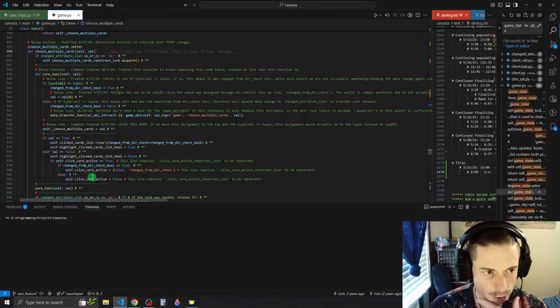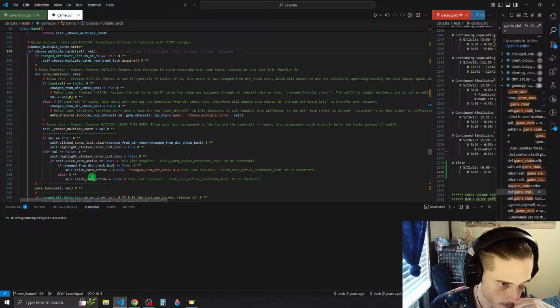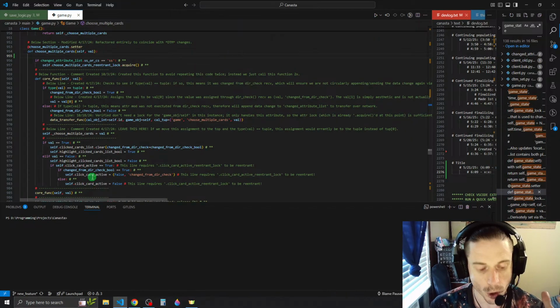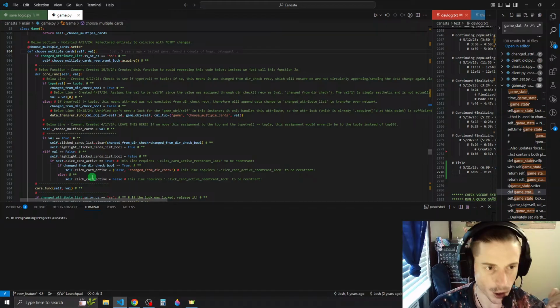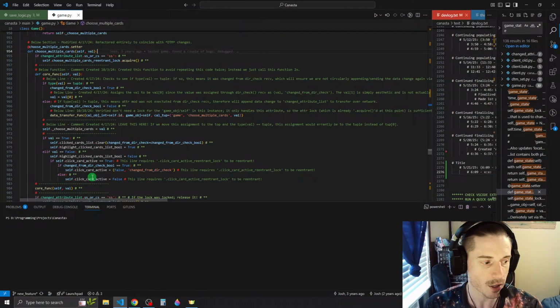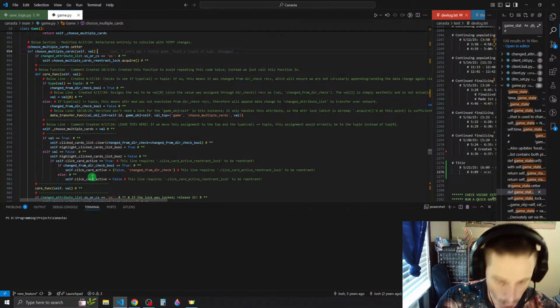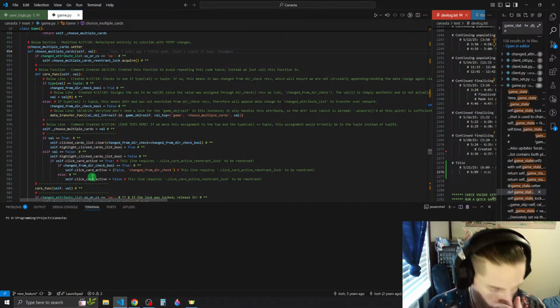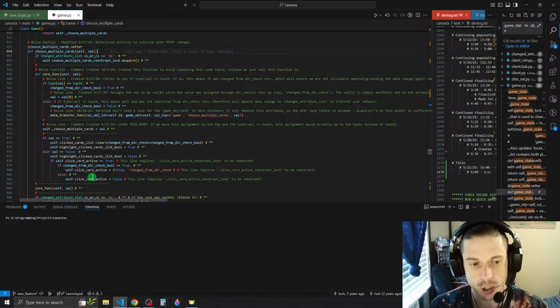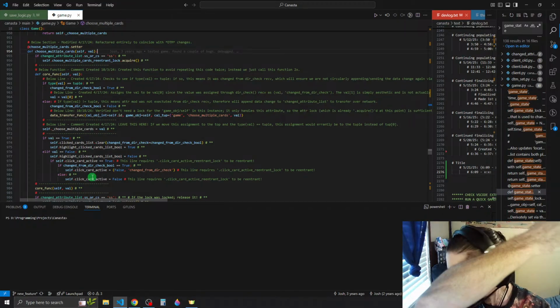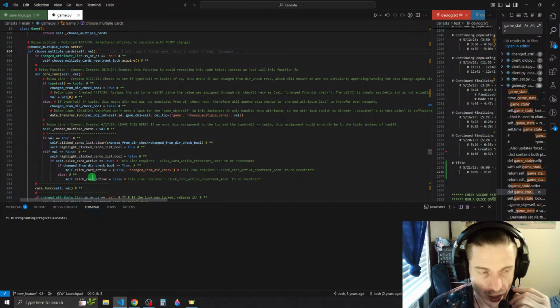So choose multiple cards. Currently, let's see what we want to do on a reconnect. Let me walk through this real quick. Ultimately, it works like this. If we have fully run a full iteration of the main while loop, it will have